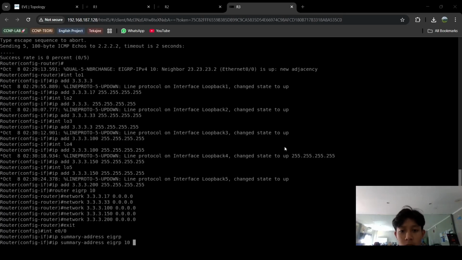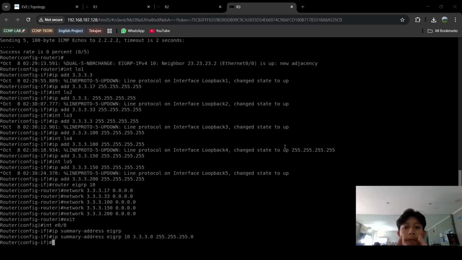For the example, I will use EIGRP 10, and for the IP network you can choose 3.3.3.0, and the subnet mask, for example, 255.255.255.0, so I will use the /24 subnet mask. So you can press enter,